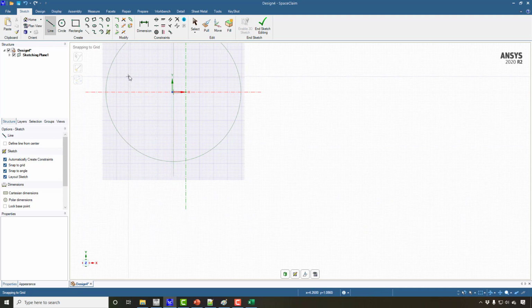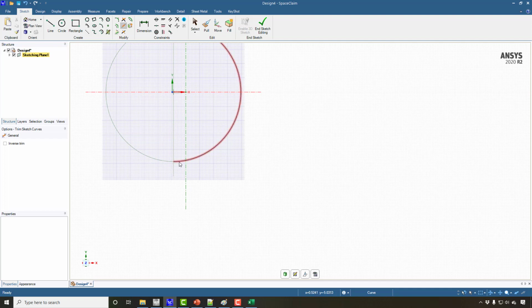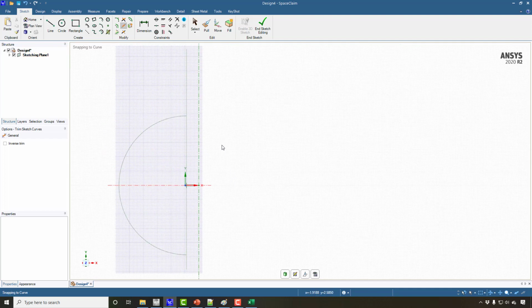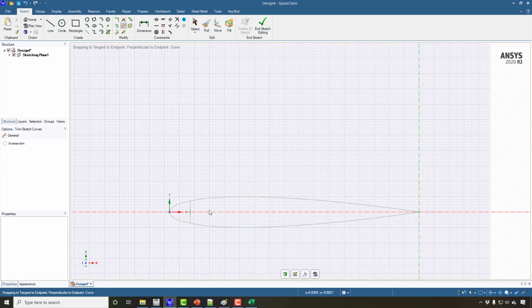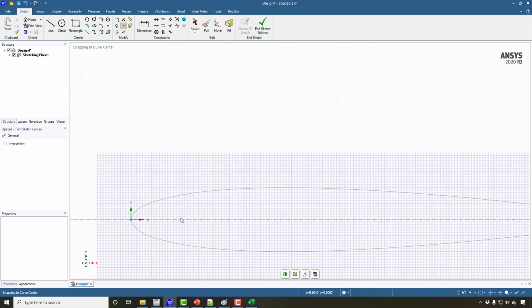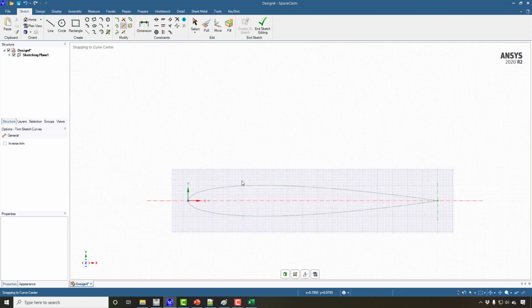Now press the Escape key, and now I will trim the extra surfaces here, extra bodies from here, the extra curve here, and also inside, and also the point. So maybe you can select the point as well.